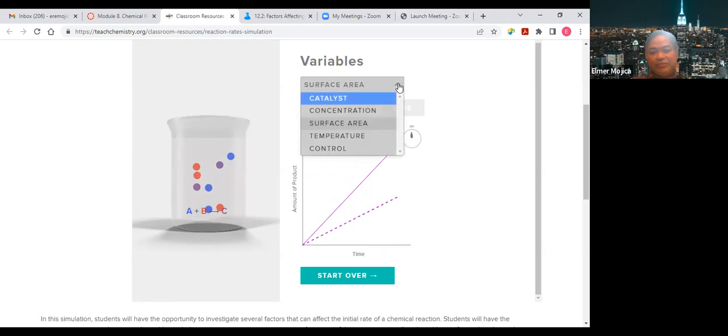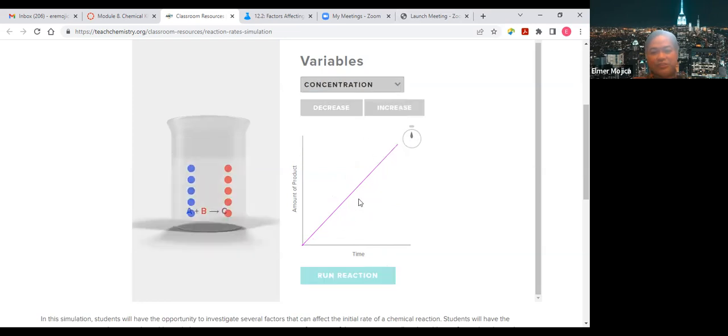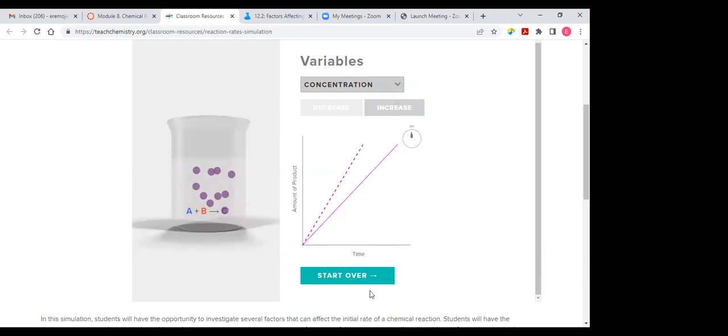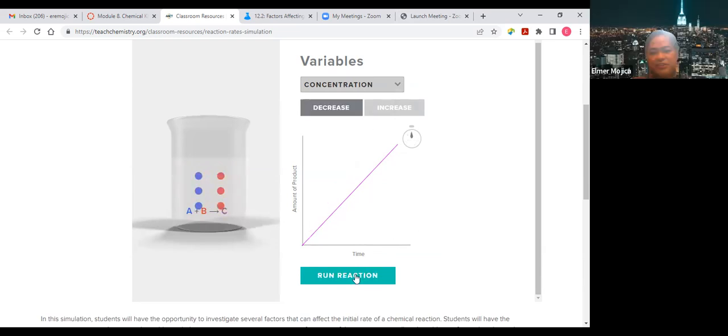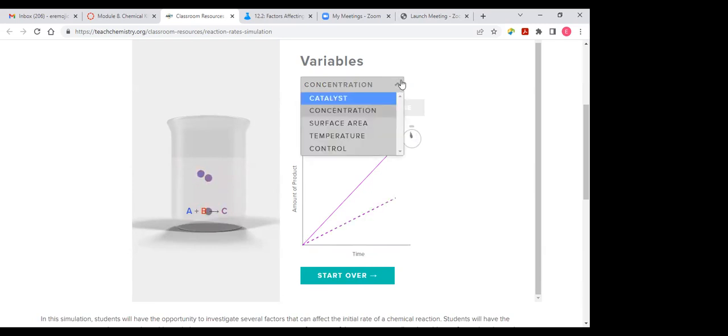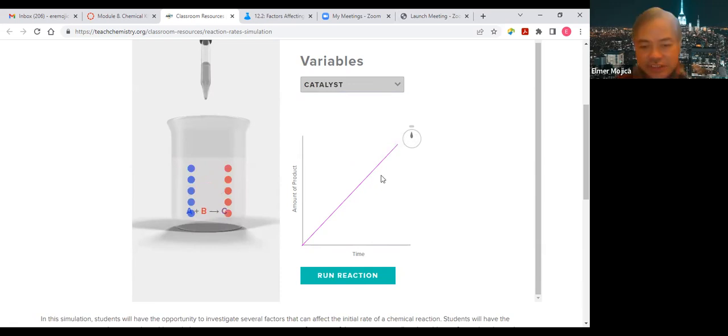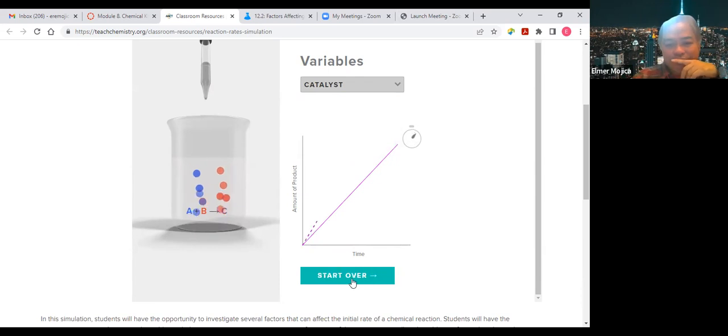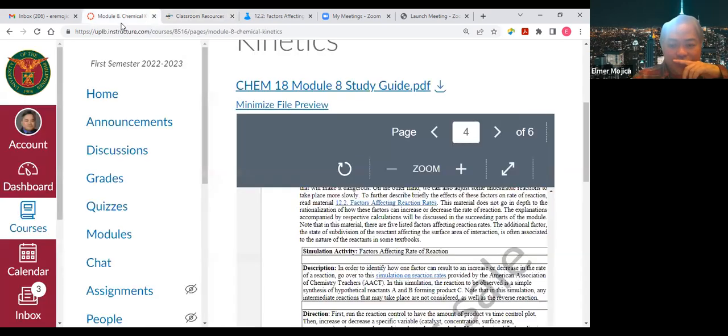Okay? And then we can also look at what we call concentration. So pag mas mataas yung concentration, mataas yung reaction rate. Now, if we lower the concentration, okay, it is much lower. Now, the last but not the least is what we call the catalyst. So the catalyst is any substance that you add to make the reaction faster. So in the presence of the catalyst, you find an alternative pathway, okay, that makes the reaction faster. So makikita nyo yan doon sa module nyo.